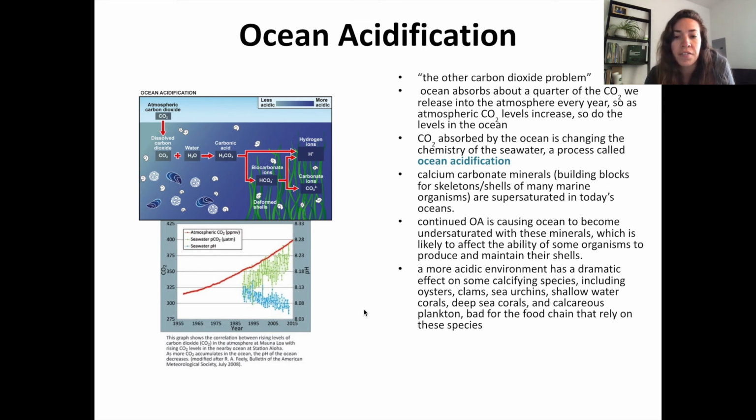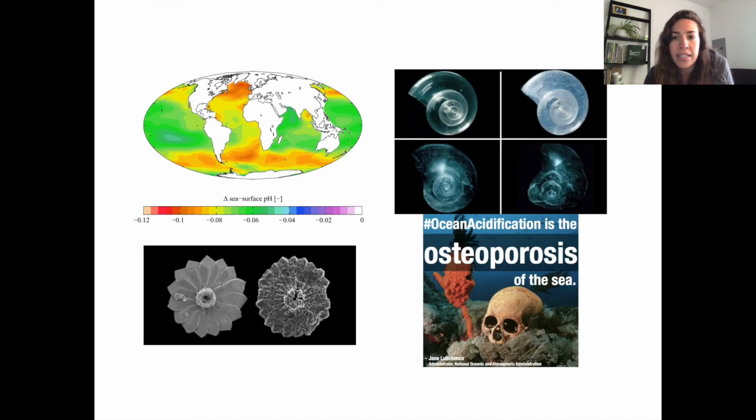We are seeing effects mostly on calcifying species right now: oysters, clams, urchins, corals, plankton, etc. And, when you look at the actual, let's say, forams that are forming, or larval organisms that are trying to form into adult stages, we tend to see them having difficulty forming these tests or these shells, and that's certainly problematic for those species. If sea pH continues to decline, other species will also be affected